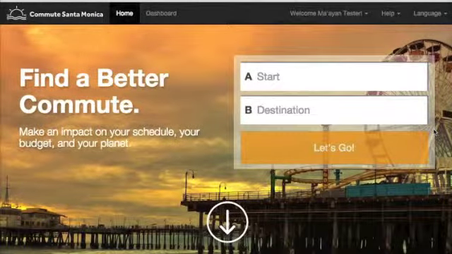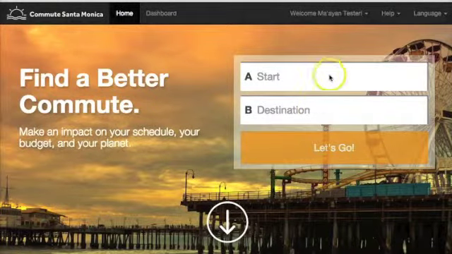On the home page, you're immediately brought to our trip planner, where you can put in a start point and a destination and see all of the different modes that you can take to get there, including carpooling, biking, walking, transit, and driving. Let's go over to the dashboard now